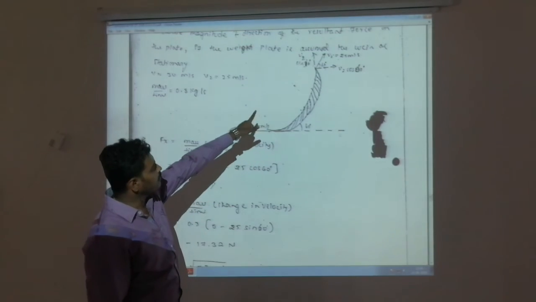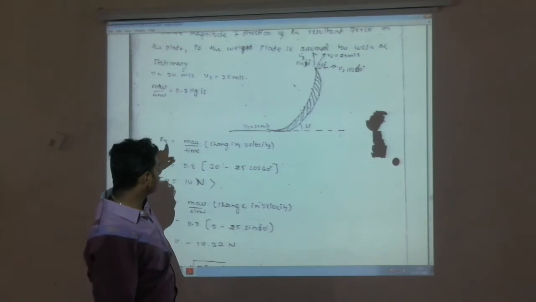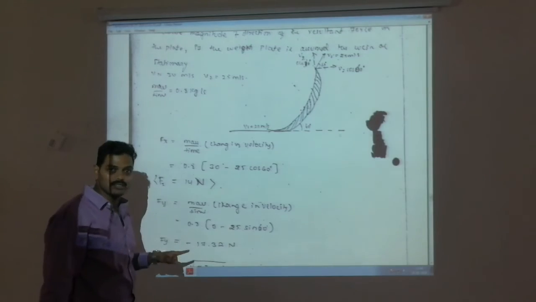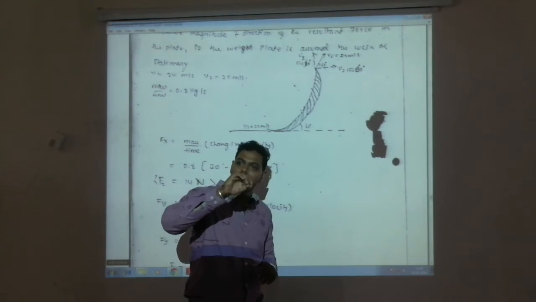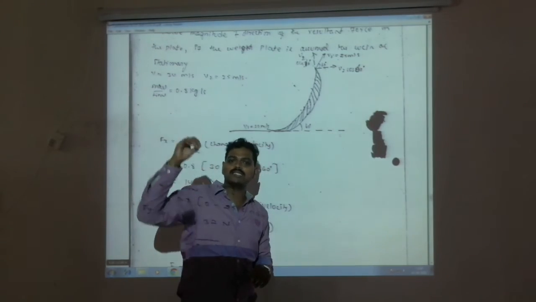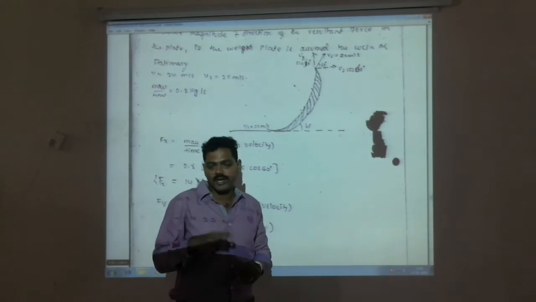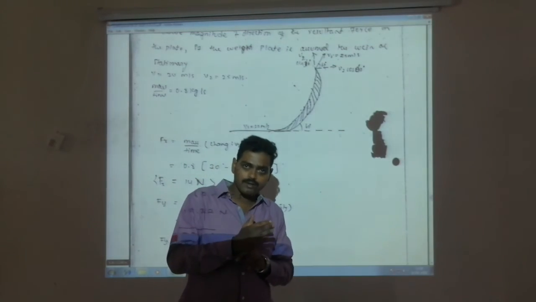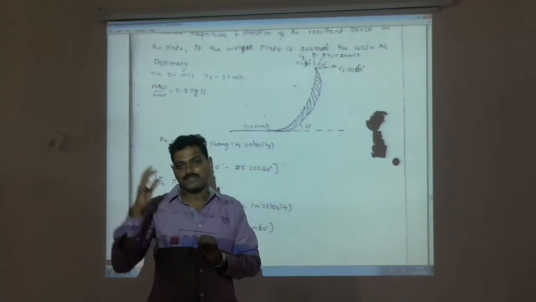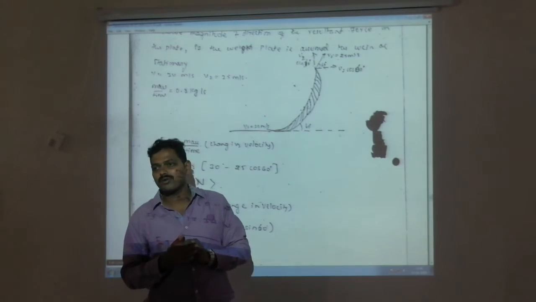But what should we do? We should find out what will be the resultant force, what happens if the curved plate is inclined. Initially it is the same in horizontal, but externally it goes curved, because he is saying that it is a curved plate and the angle of deflection is 60. You should find out what is fx, fy, then the resultant. You have been studying resultant since the first semester. How can we find out the resultant?